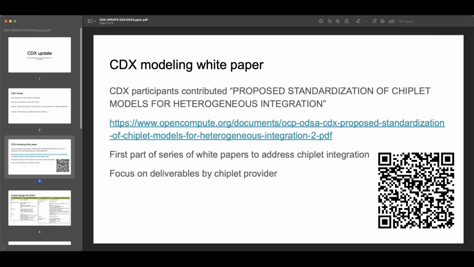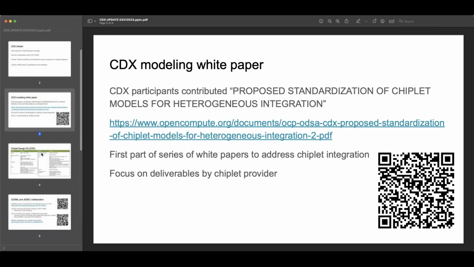This white paper was written by quite a few authors, and I would suggest you take a look at it if you're building chiplets and wondering what models you need to provide and what they are going to be used for. At a high level, that white paper will reference all of that.